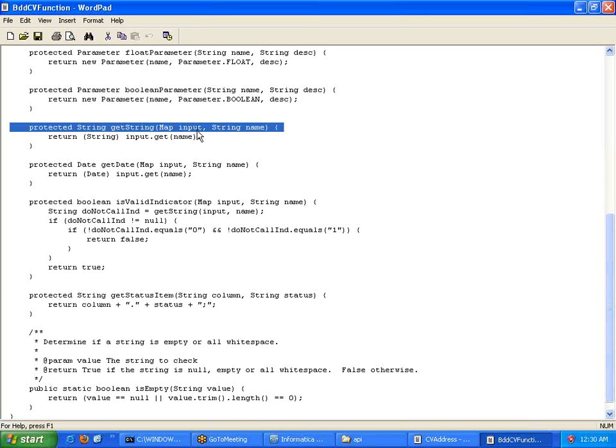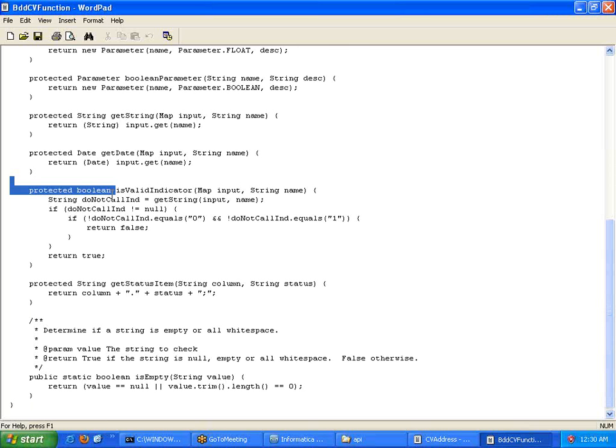GetString takes a mapping as input and a string as input, and it is going to return you the string. Similarly, getDate takes a map and a string and returns the date, just like converting this string to a date. Now the next one we have